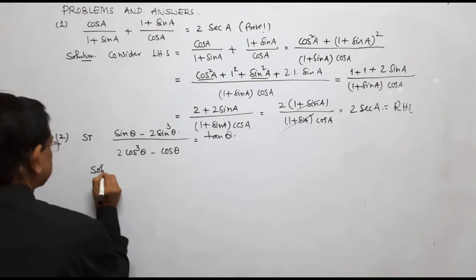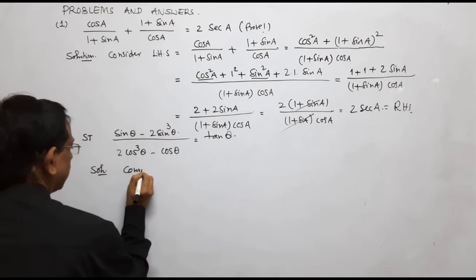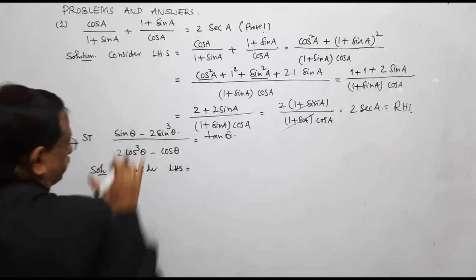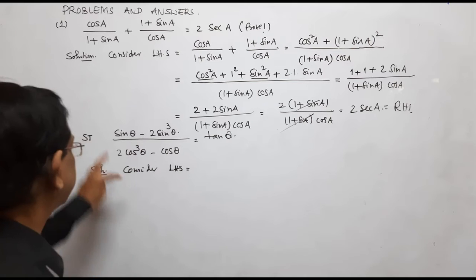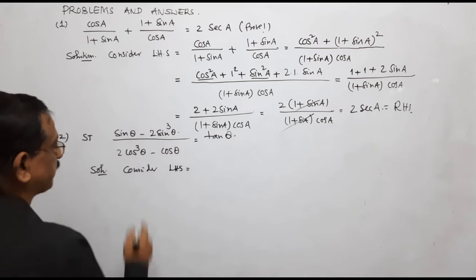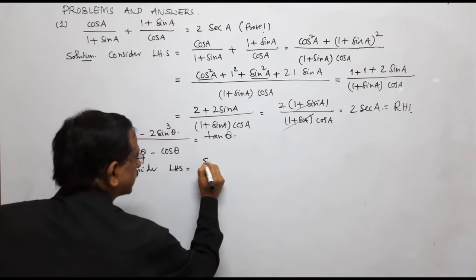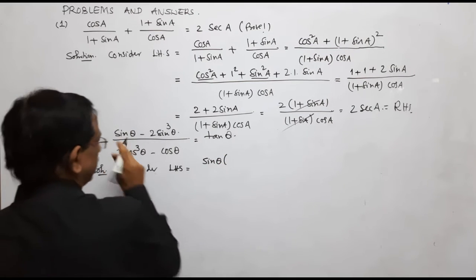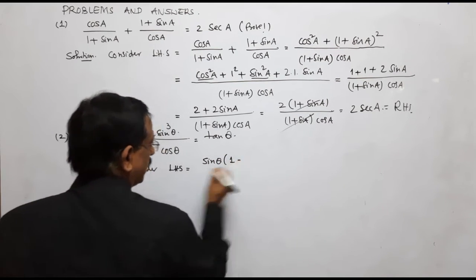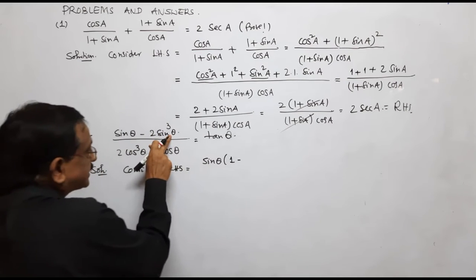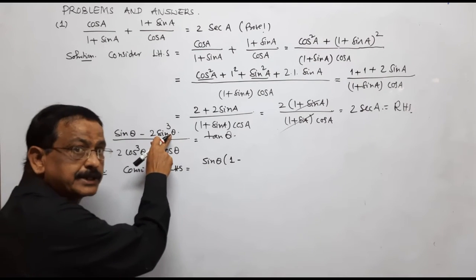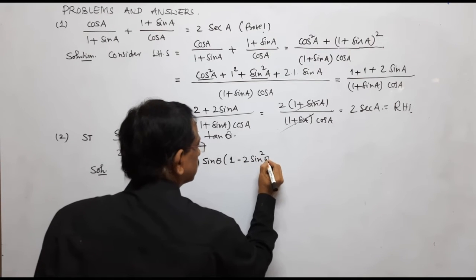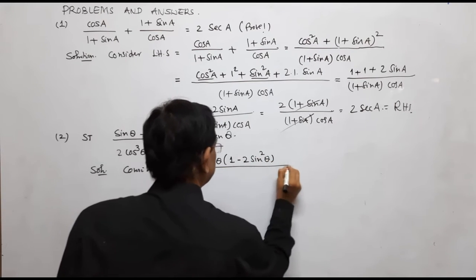The solution is to consider LHS. I don't want to write this step again because I am considering LHS. So I will simplify right now. Take sin theta common in the numerator. If I take sin theta common, I will get 1 minus, and I will have sin square theta here. So this is 1 minus 2 sin square theta by